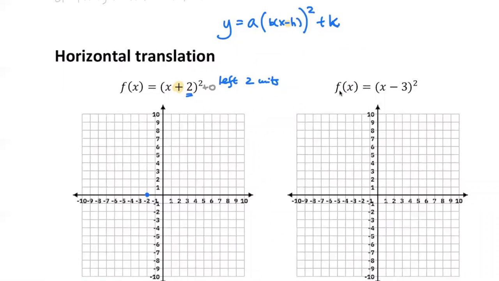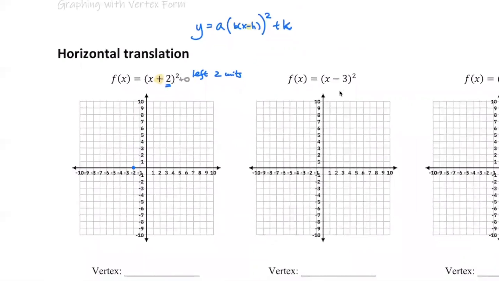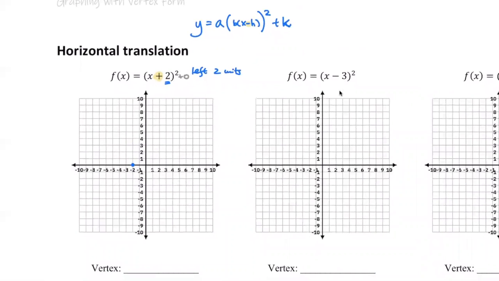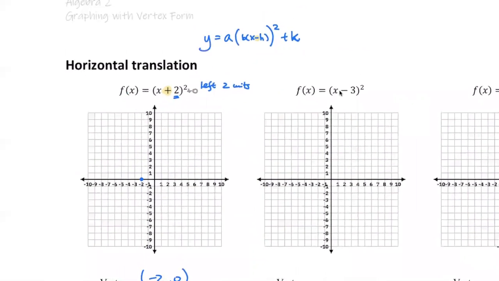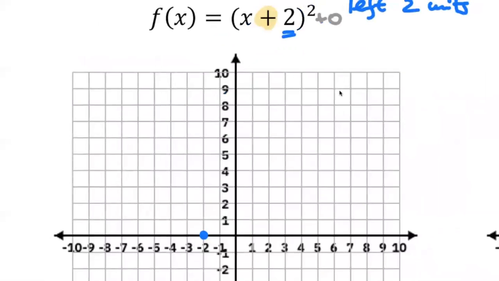So you can tell the vertex a couple ways. You can just look at the graph. You say, oh, hey, the whole parabola, it's shifted to the left 2 units. So it's -2 comma 0. You can do that. Or you can look at the equation through the lens of the vertex form, and you say h value is -2, k value is 0. That's how you do it. Right now, and then, well, the a value is 1, right? So let's go ahead and do the 1,